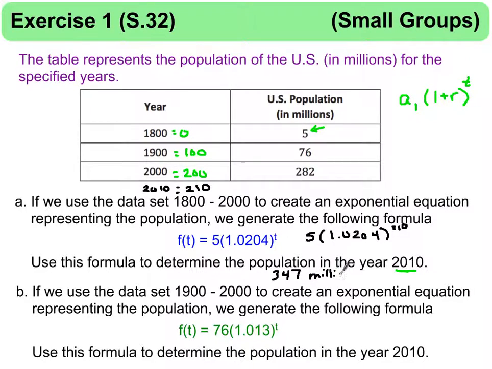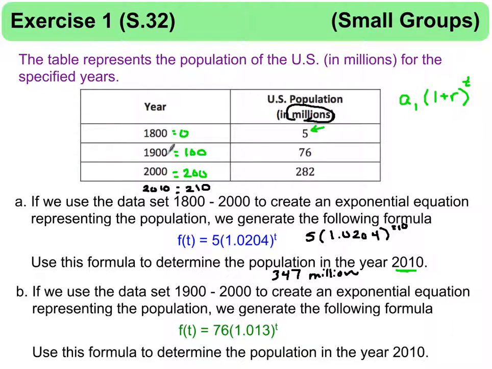347 million as your answer. Your calculator may just type 347 on it, because remember, we're kind of changing the numbers as 0, 100, 200, 210. Note that this is written in, or represents, millions. So if we look at Part B, in Part B, if we use the data set 1900 to 2000, so